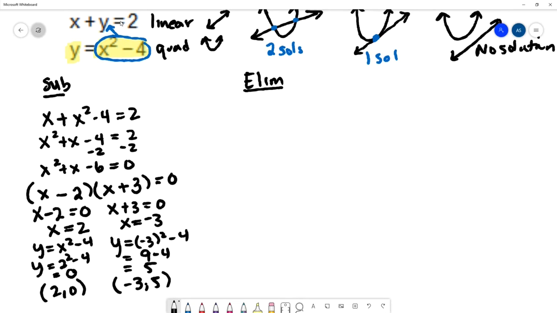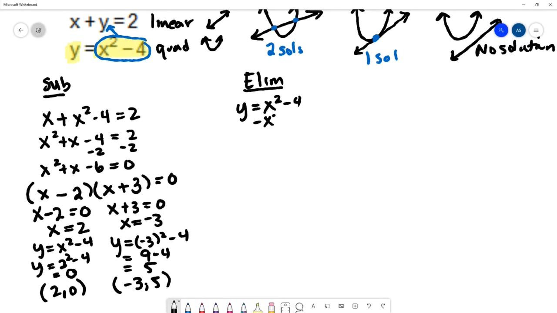So right now, my equal sign is not lined up. My variables are on different sides. So I want to rearrange the equations so that my x's and y's are on the left and my constant is on the right. So I'm going to take that second equation